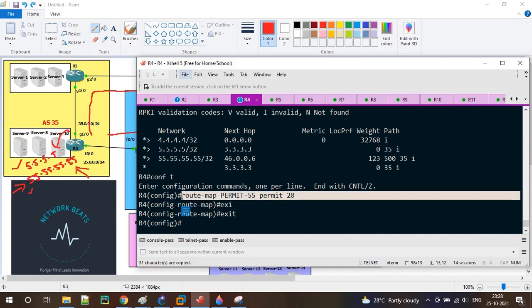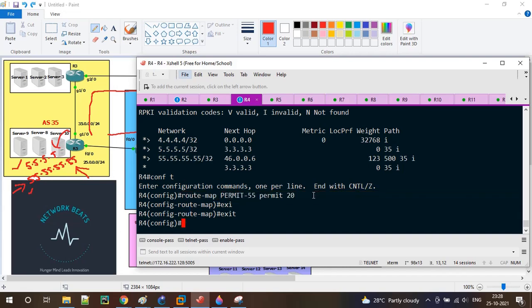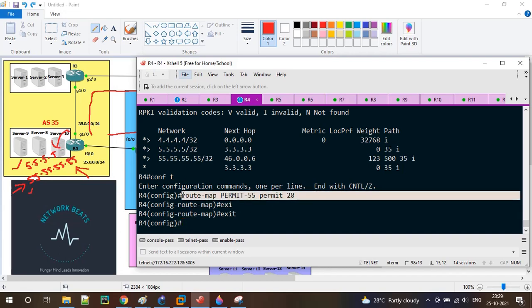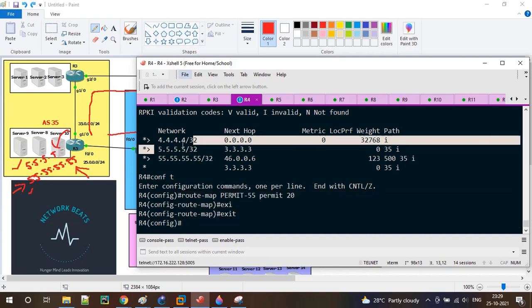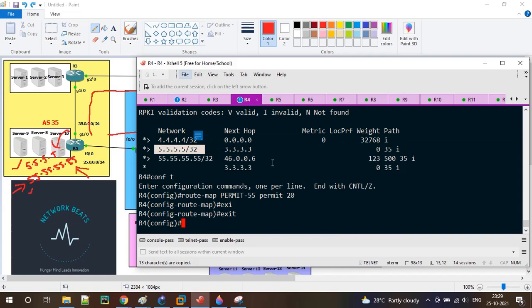Whichever is not matched in sequence number 10 of the route map, you permit everything under sequence number 20. So 5.5.5.5 is not filtered anymore, because that was denied due to the implicit deny in the ACL. But if it is denied, then it will come to route map permit 55 sequence number 20, and here we have defined nothing. So by default, it is going to permit 5.5.5.5 through R6 as well.